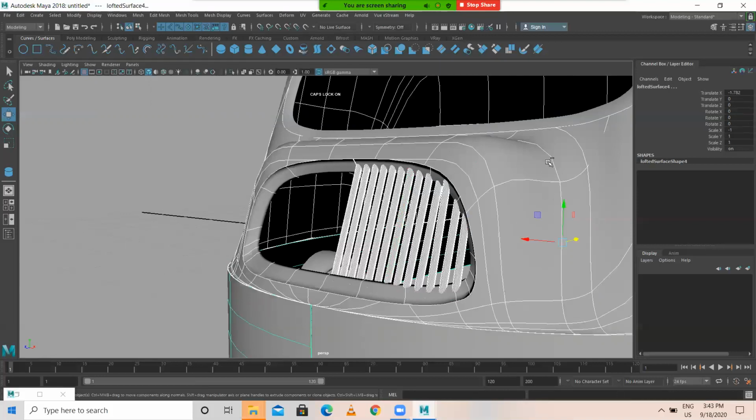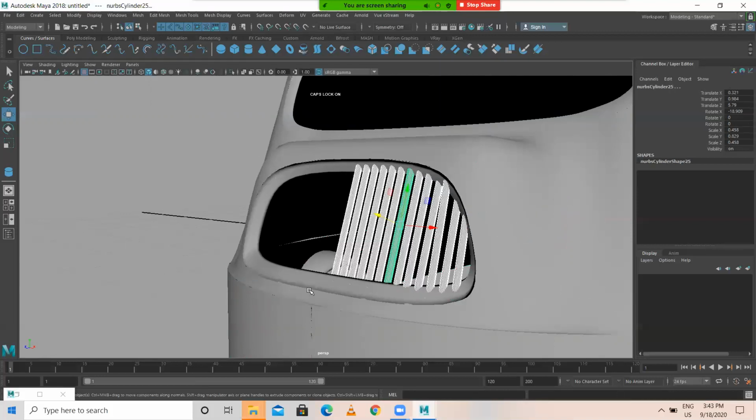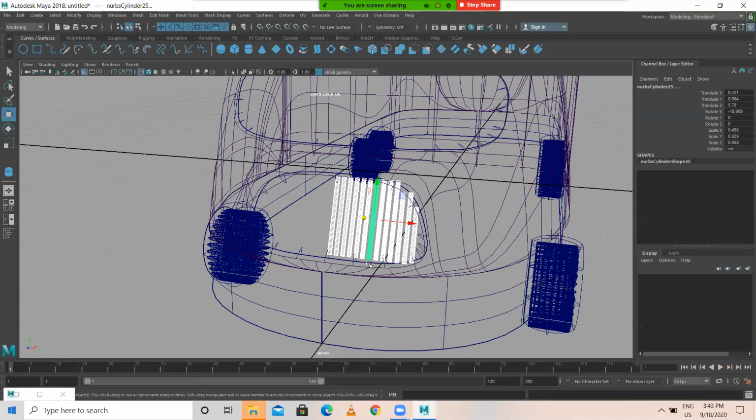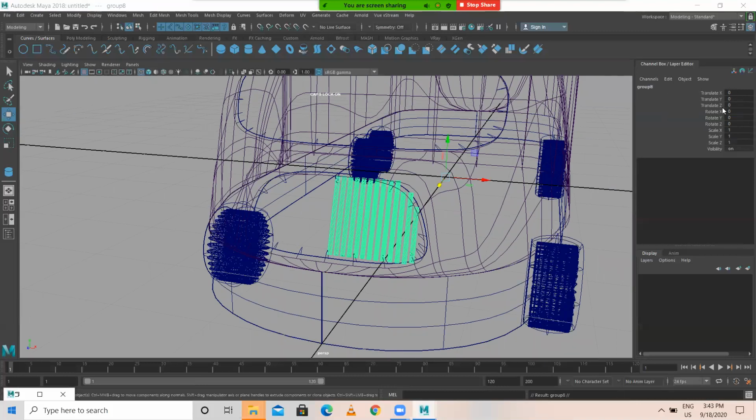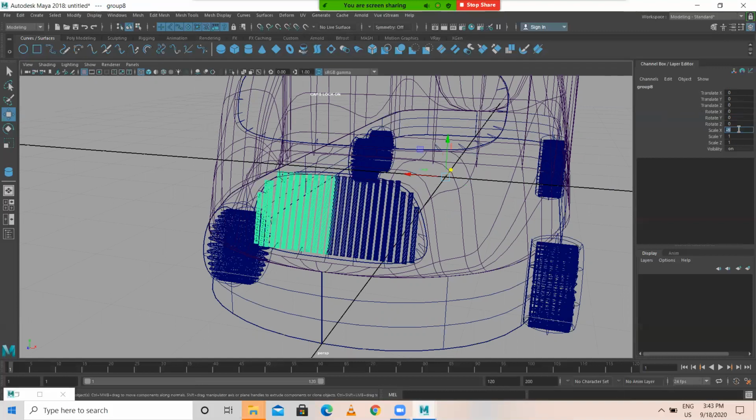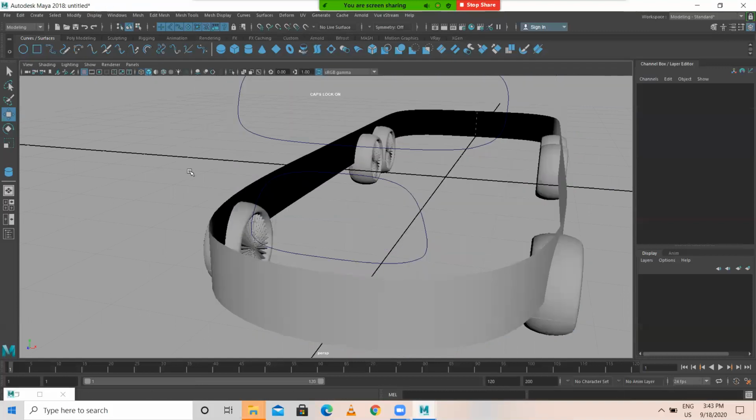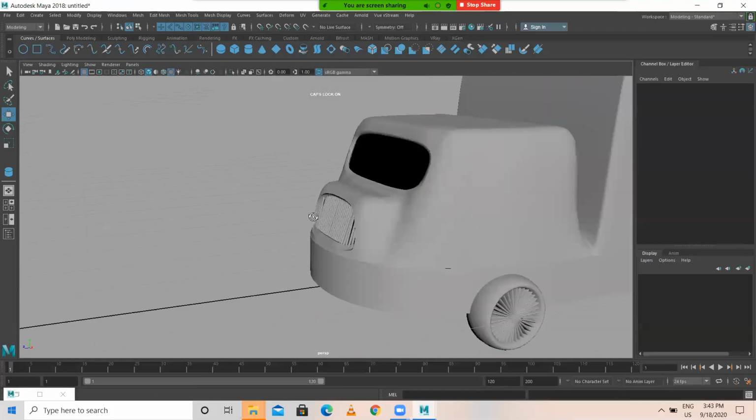Just select like this. So you group this. Control D minus 1. So you got this.